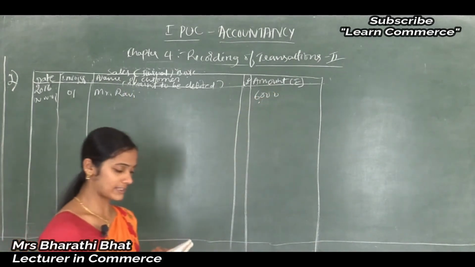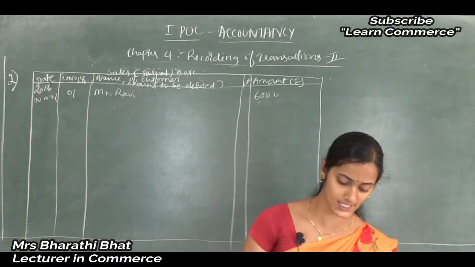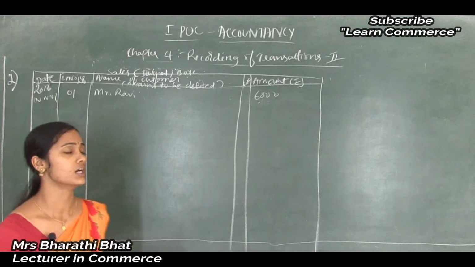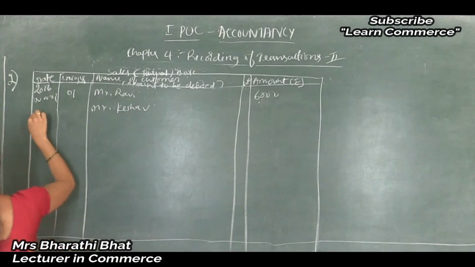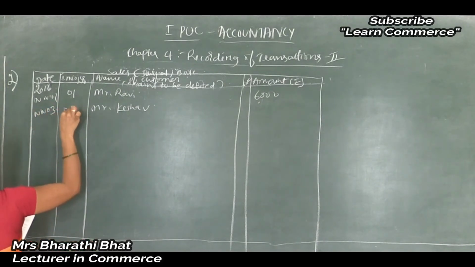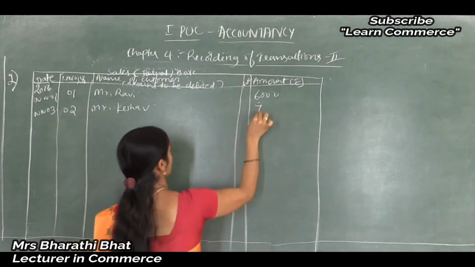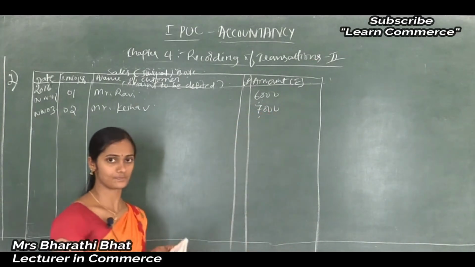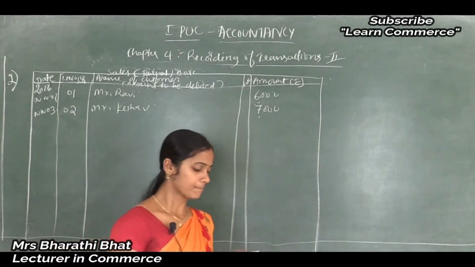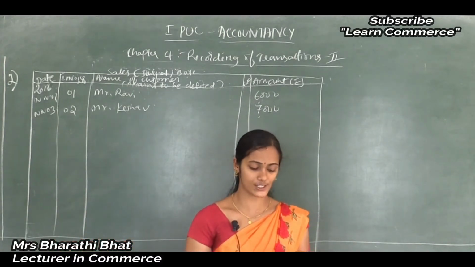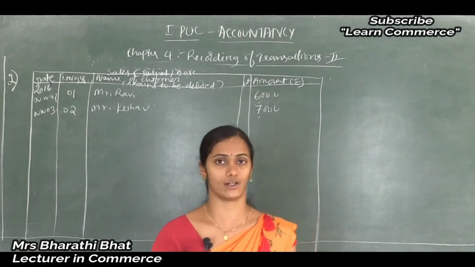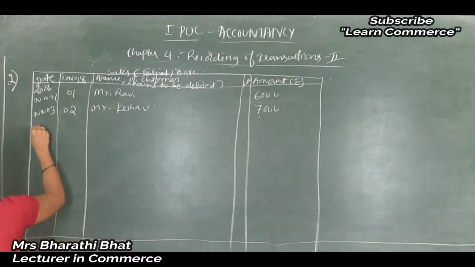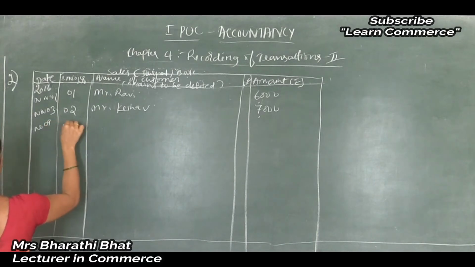And November 3, Mr. Keshav bought goods from us, rupees 7,000 on account. So just write Mr. Keshav, November 3, serial number 2, 7,000 on credit. There is no calculation and all. November 9, credit sales to Mr. Arun, rupees 10,000 at 2% discount. Only 2% discount. So just November 9, to Mr. Arun,